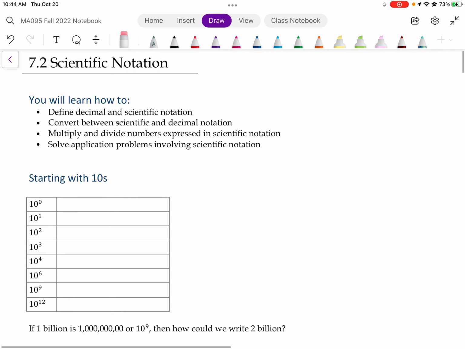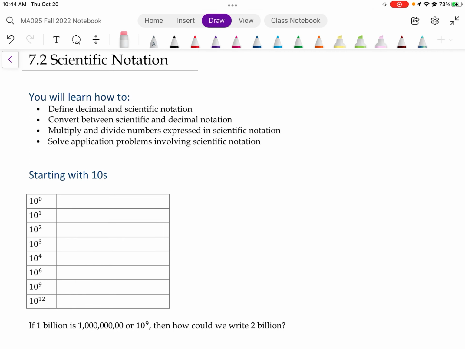So we're going to start with talking about the tens. 10 to the 0, as we learned with the exponent rules, just means 1. 10 to the 1 is 10. 10 to the 2 is 10 times 10, which is 100. 10 to the 3 is 10 times 10 times 10, which is 1,000. 10 to the 4, again, 10 times 10 times 10 times 10. You can put that in your calculator, see if you believe me, but that's going to be